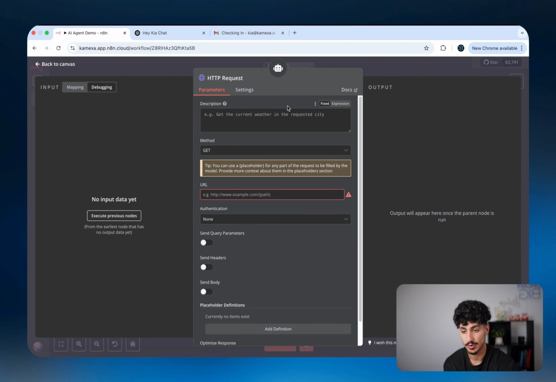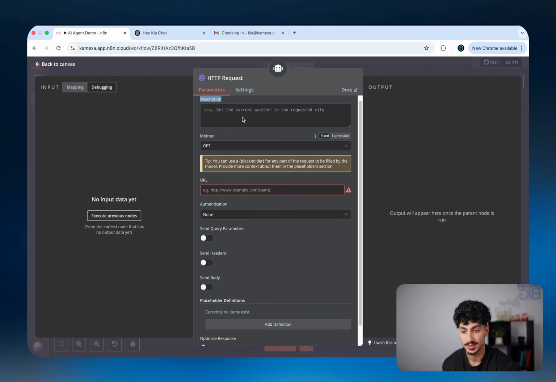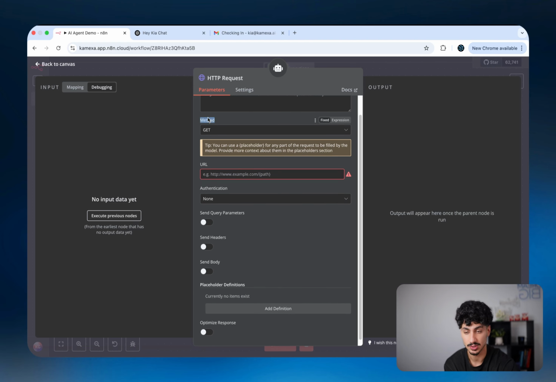So to set this node up, the first thing that you have to define, as I said, is the description. Basically just telling the AI agent what the tool does so that it knows when it's meant to actually use it. And then there's a whole bunch of other parameters, which is basically just going to allow you to connect to the app itself. Now, honestly, connecting n8n to different APIs using the HTTP request node is a whole other tutorial within itself. So I'm not going to try and squeeze it into this video, but if you guys are interested in learning more about that, put a comment in the description down below